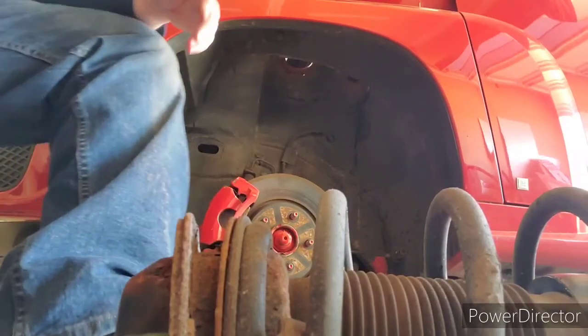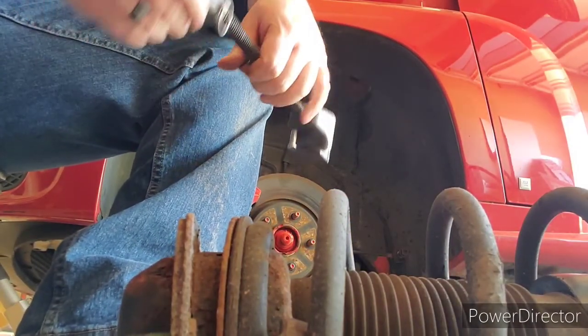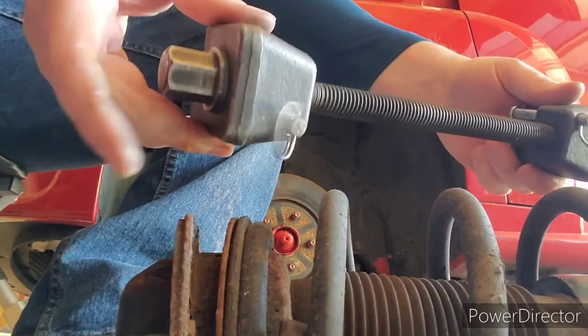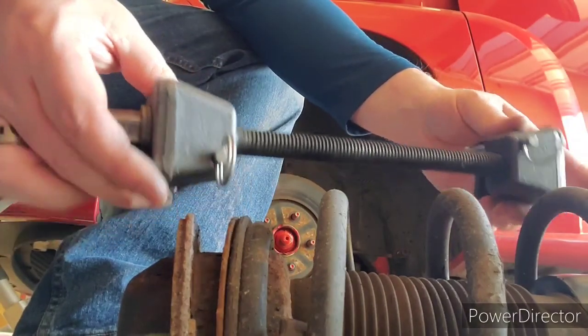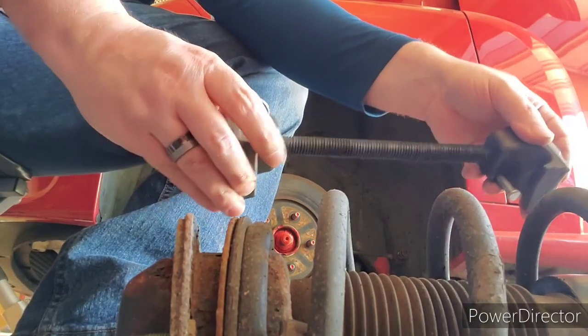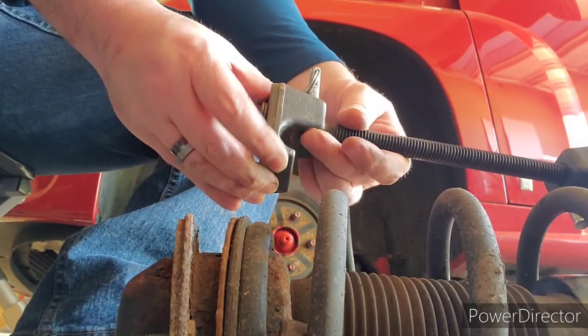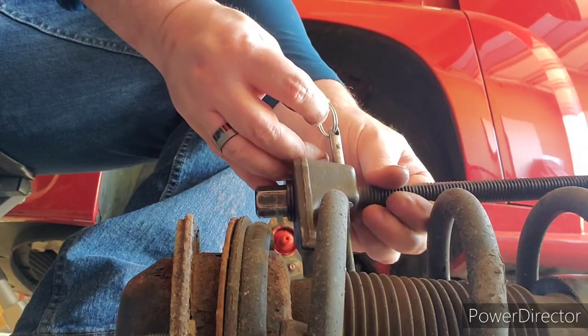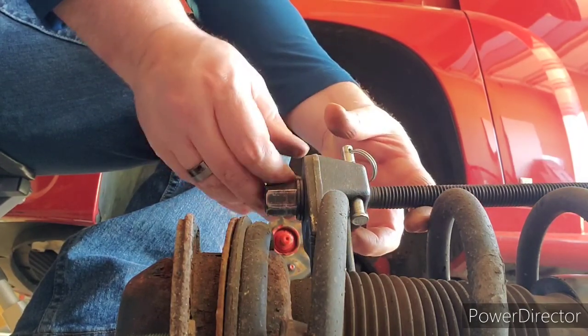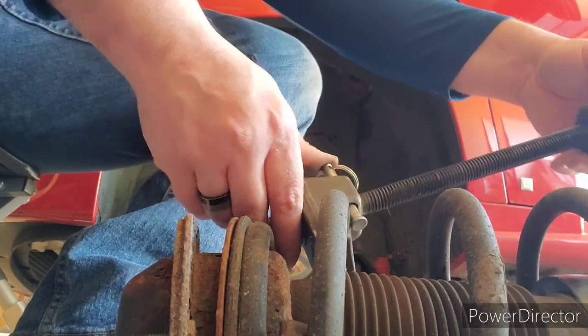Alright, I'm going to assume that you guys can see. Here's the other part of the spring compressor, right? So it looks like this right here. You've got these little hooks. So basically, you have to take this thing and push it up, and then put that over the spring, and then put it back down. Then you take this one,